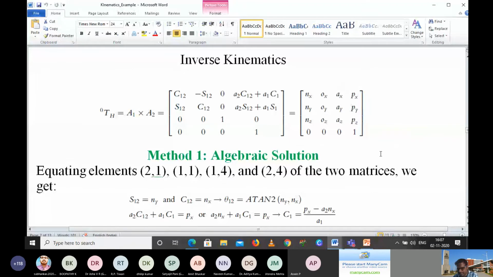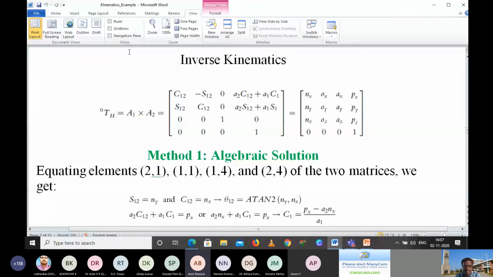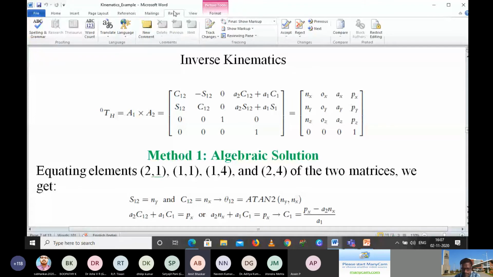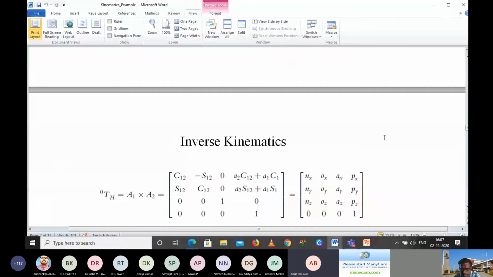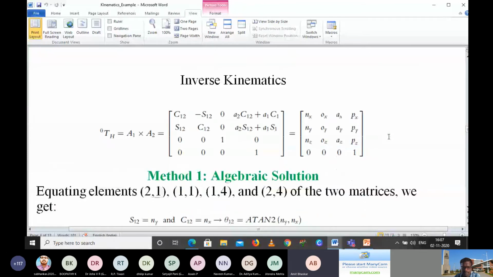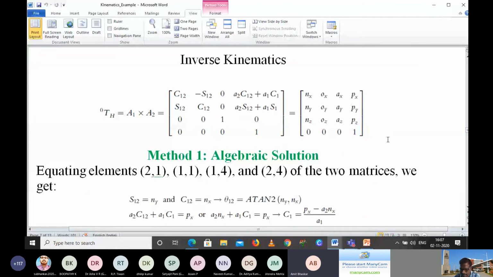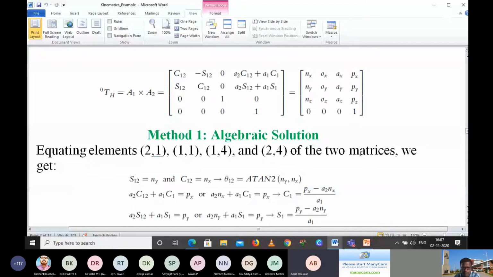Any doubts, Professor? Inverse kinematics? No doubts? No, sir. Okay, fine. Then do you understand how to relate this? Example, sir. Which one, sir? Sir, for the first one, sir. Yeah, inverse kinematics examples, tell me. This one, inverse. Yes. Oh, this one you want me to explain again? Yes, sir, please.